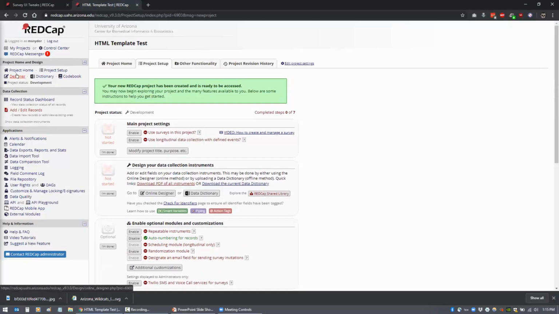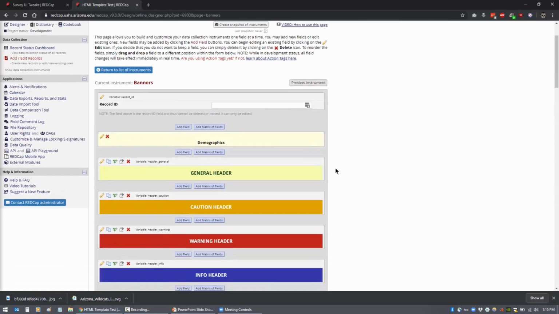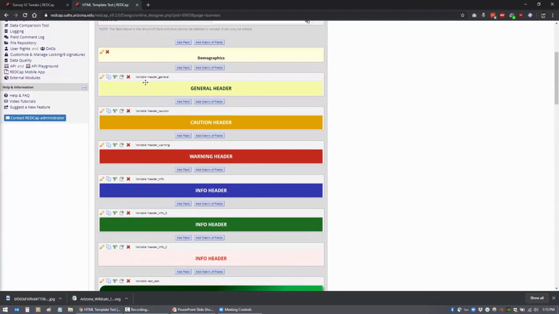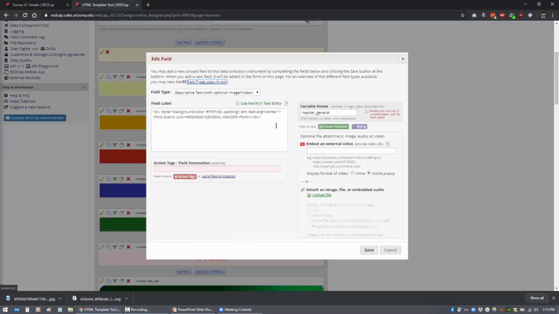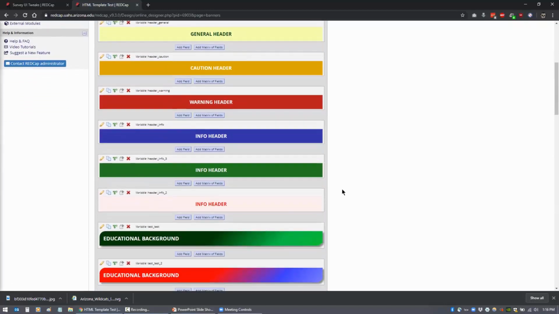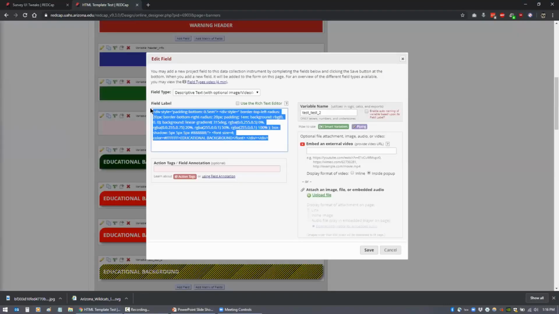you will pull in these HTML instruments that we've saved that have HTML styled banners. So these are divs that have some padding, and the font color has been set. So if you want to have like a caution header or a warning or an info header, or if you want to do gradient headers with rounded corners, this way you would just be able to copy this, put it